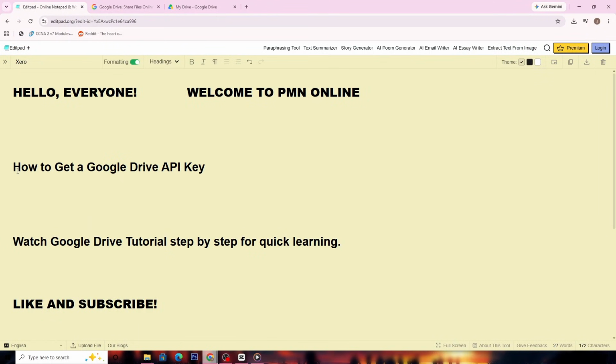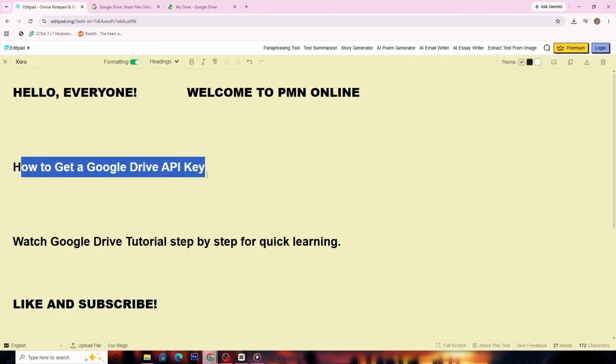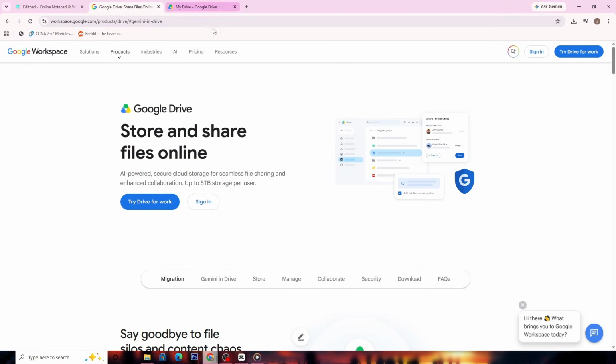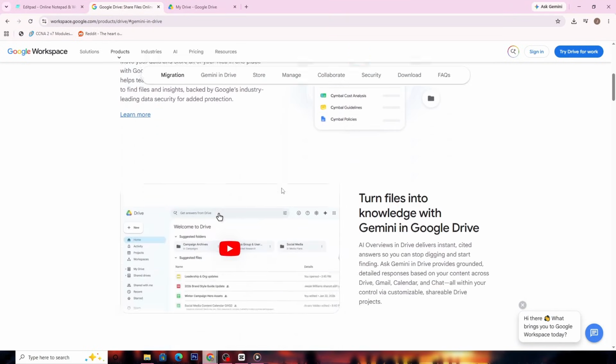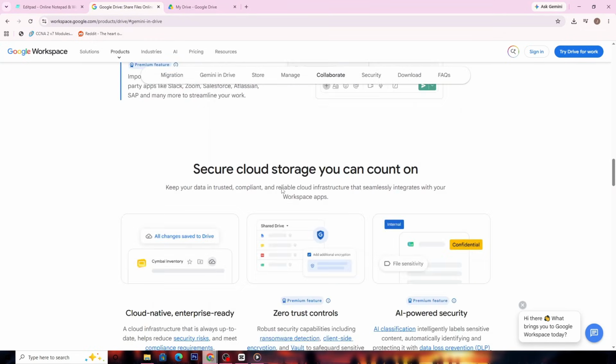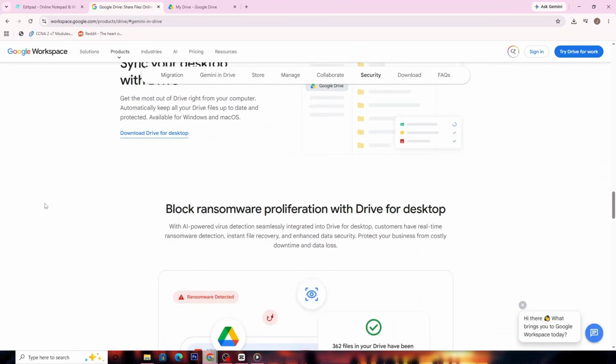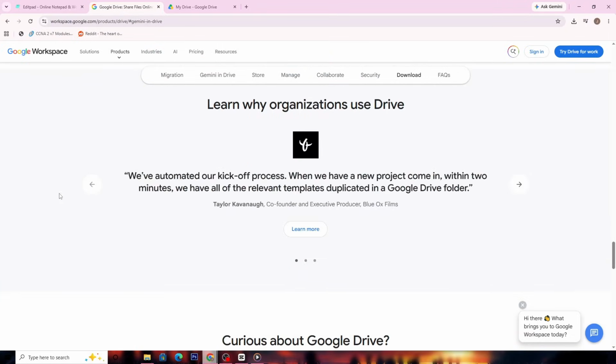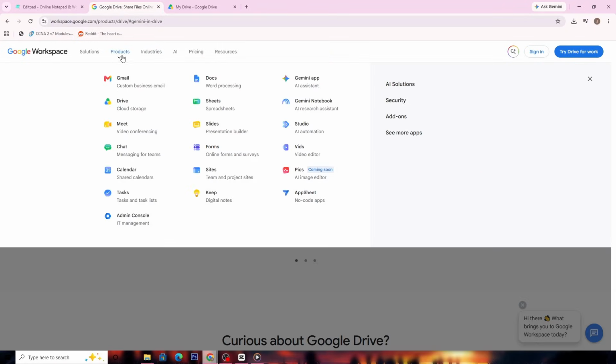In this video, I will show you how to get a Google Drive API key. Getting a Google Drive API key might seem a bit daunting at first, but it's an essential step if you're looking to integrate Google Drive functionalities into your applications. Whether you're developing a web app or a mobile app, this API key is your gateway to accessing Google Drive's